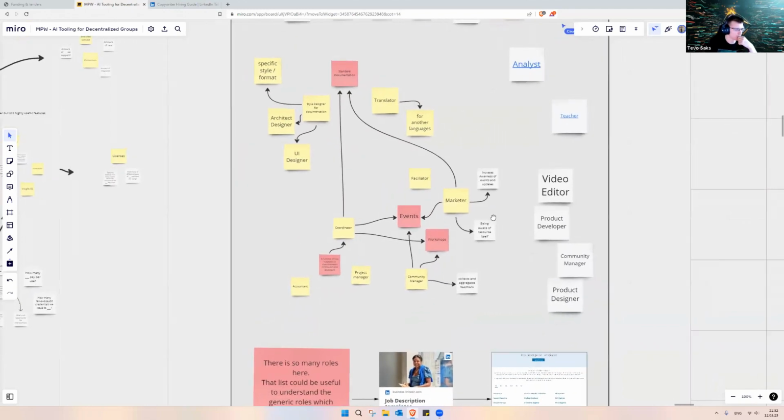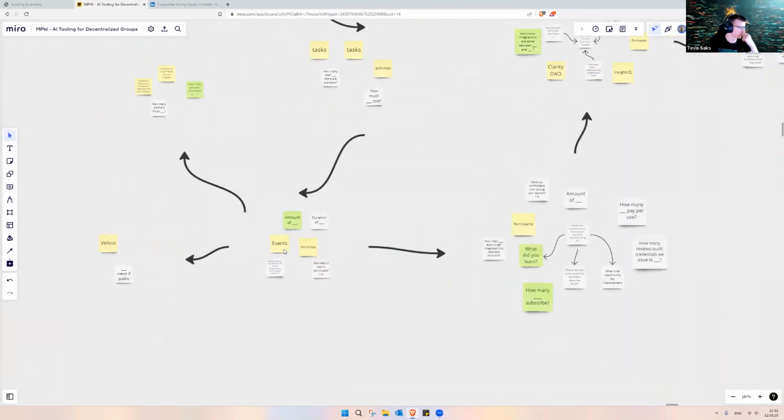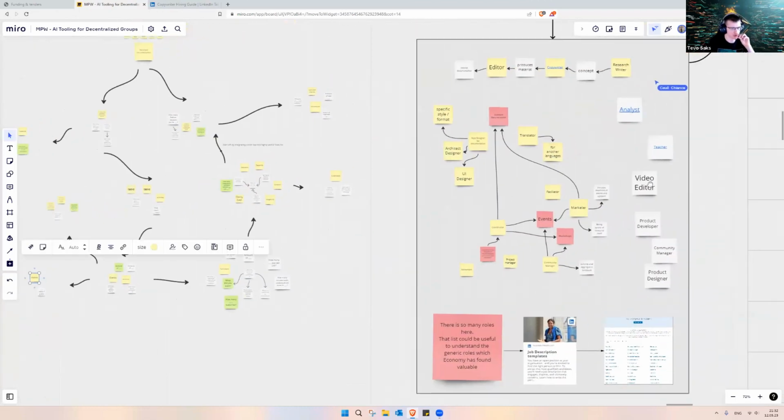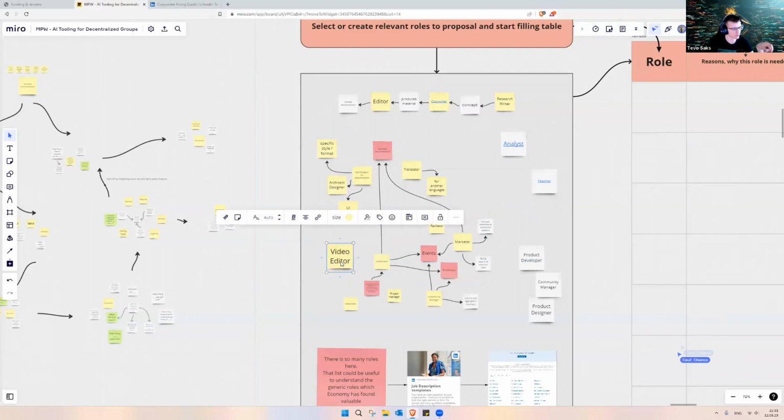What else would we use? We have quite a strong video editor here, and one of the outputs of events and workshops will be videos. And I would actually double click on this one because I think we definitely need a video editor here, but maybe not even a usual one, video editor / timestamping.